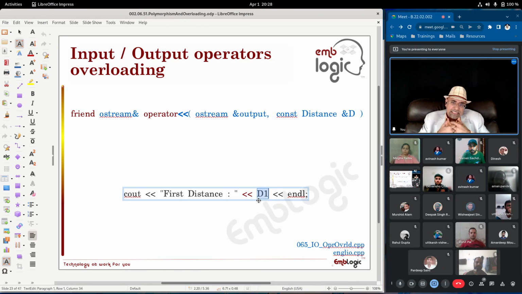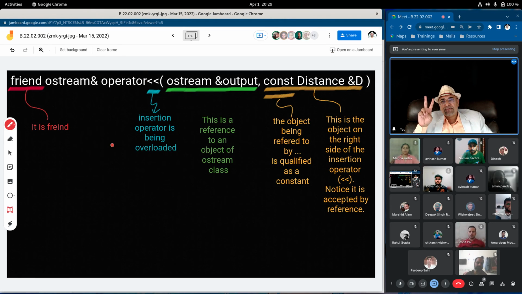Therefore, there is a need that we should make it a friend for both the OStream class and the distance class. And the rule is such a function should have an object coming as argument for both the classes. So the two classes that share the friend function are OStream class and distance class. That's why you have references to both the objects in here.